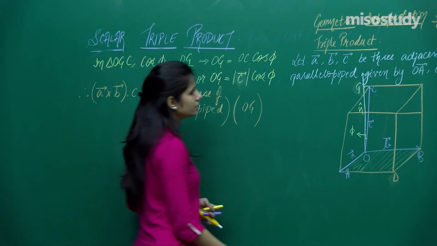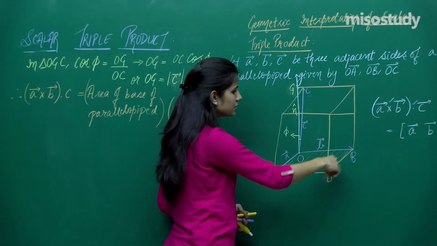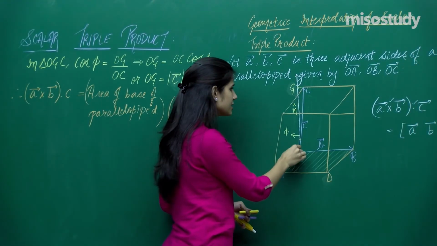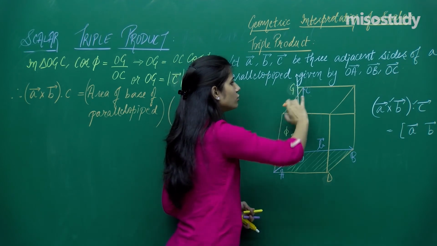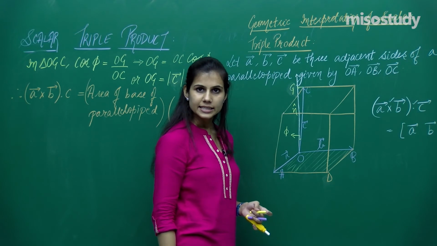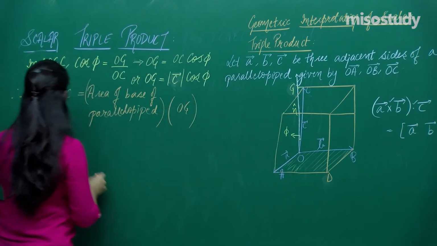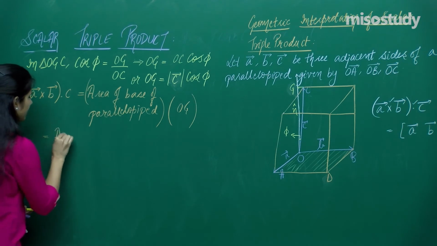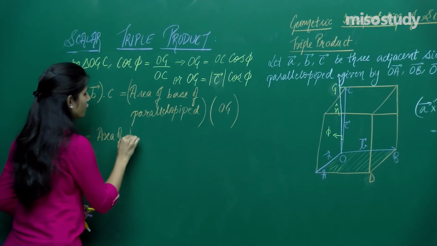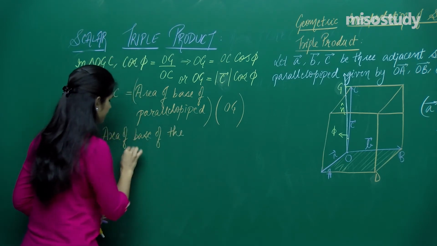What is OG? If you can very clearly see, this was a perpendicular drawn to this plane, right? This is perpendicular, and what is OG? OG is actually the height of this parallelopiped, isn't it? OG is the height of this parallelopiped, and therefore I can say area of base of the parallelopiped